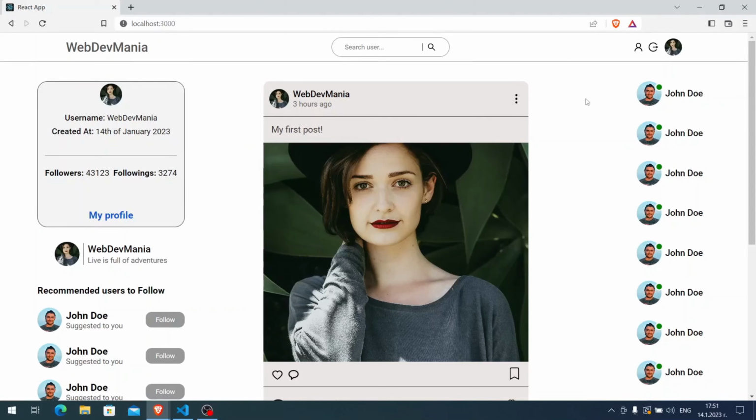Welcome friends, this is how the front end looks. So here we have a navbar with a left, center and a right side here. Then again we have a left, a center and a right side, but not on the navbar but on